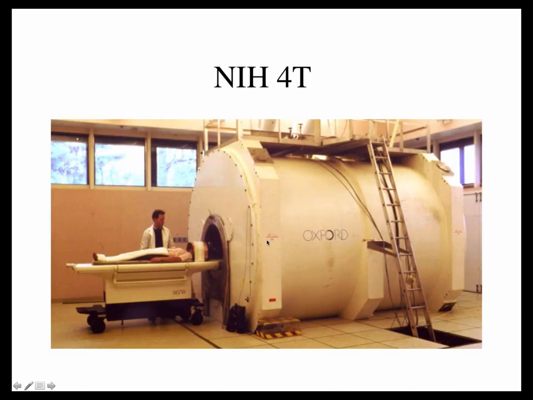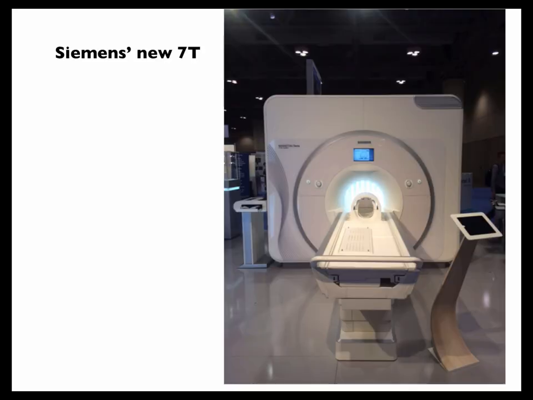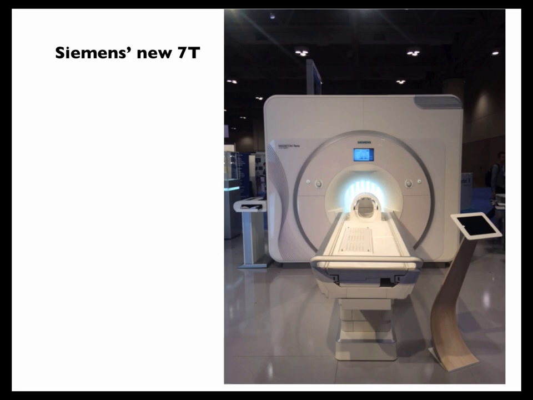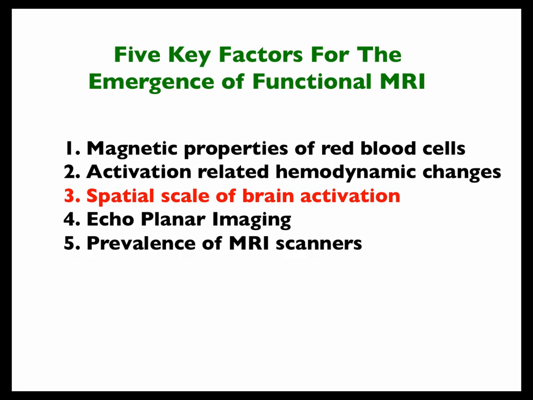And this is actually how far things have come. There's Peter, and then you have this massive 4 Tesla scanner that existed in Building 10 that they quenched about the year 2000. And now you have Siemens 7 Tesla scanners or even GE 7 Tesla scanners that have almost the same footprint as a 1.5 Tesla scanner back then. So they're getting a lot smaller and more efficient. They're not getting cheaper, though. That's for sure. This 7 Tesla is now being sold for close to 10 million. So it's a lot of money. Anyway,